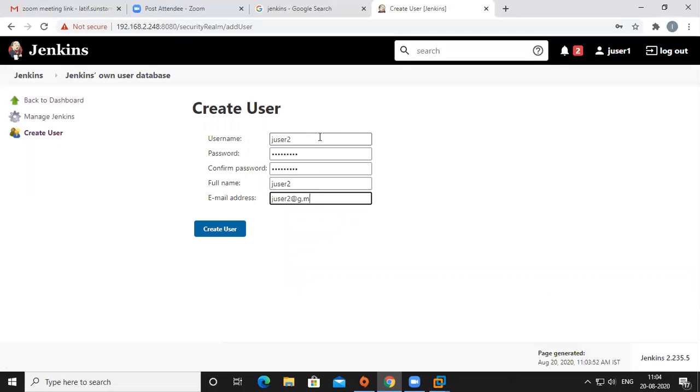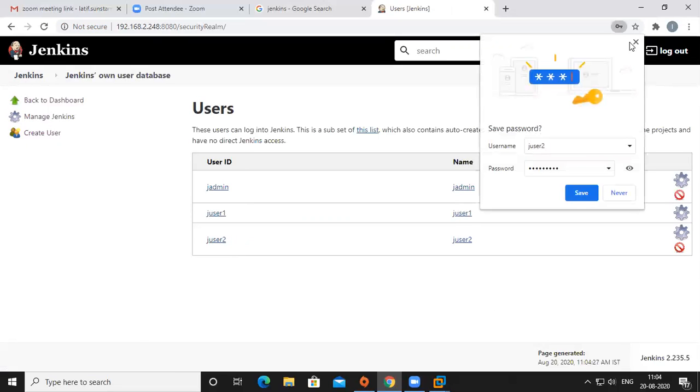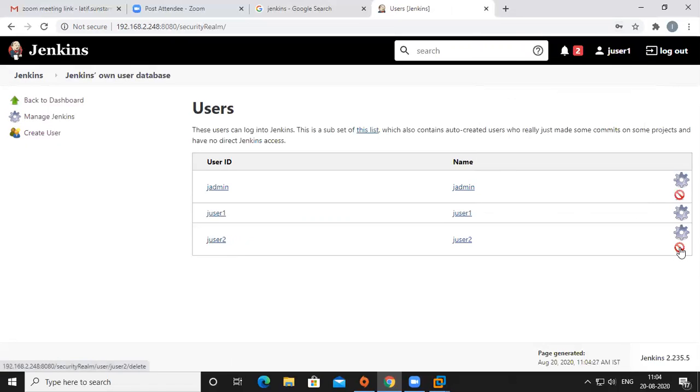Okay, I'm using example.com. You can see this symbol represents deleting the account. If you don't want the account, you can delete it. And this is the user settings button.